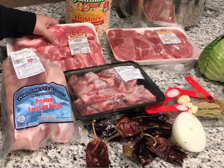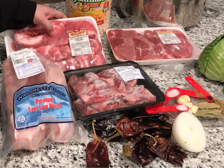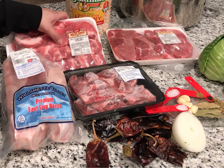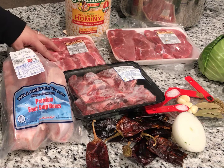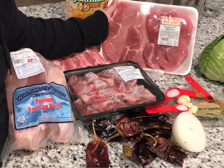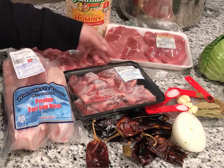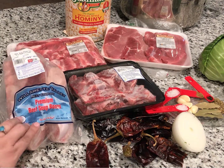Then for the meat, we're going to use 3 and a half pounds of pork ribs, and it has the bone in it. And then we're going to use 3 pounds of pork sirloin chops. And then we're going to add 2 pieces of